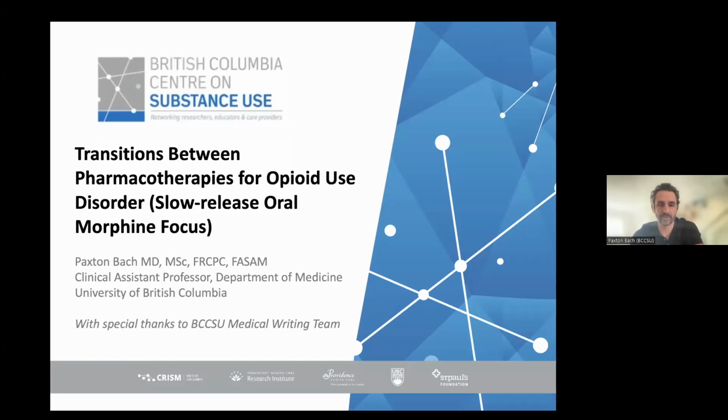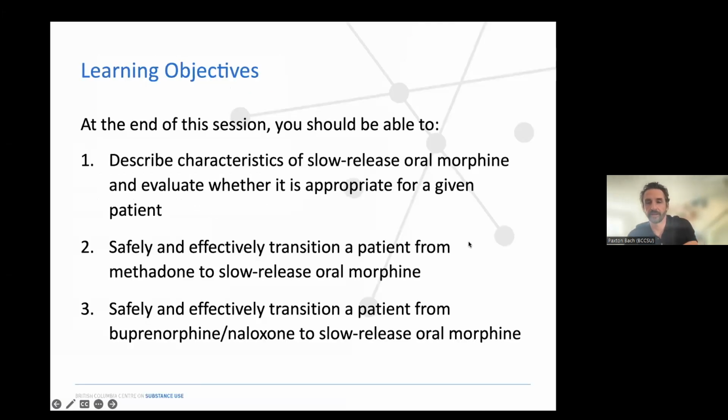About transitions between pharmacotherapies for opioid use disorder, specifically rotation from formulations of OAT to slow-release oral morphine. Before we proceed into our case discussion. By the end of this session, we're going to review the characteristics of slow-release